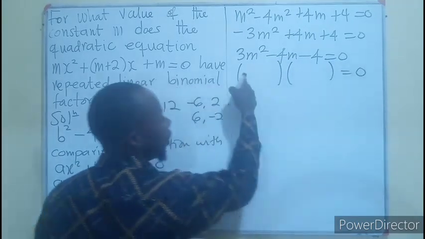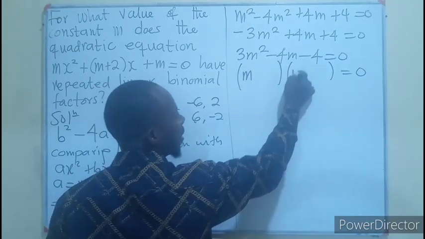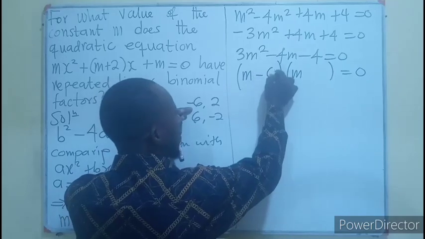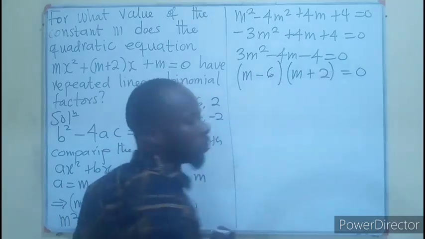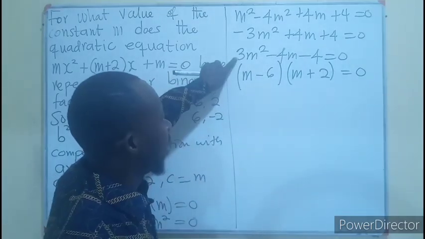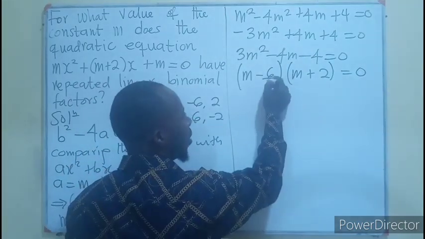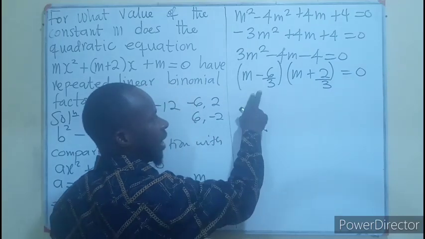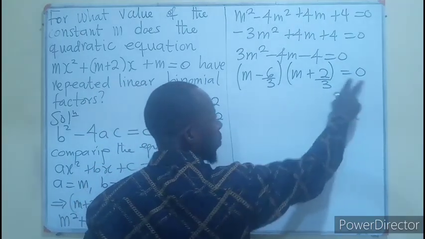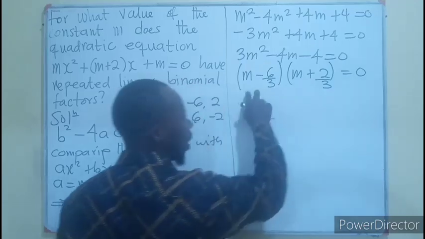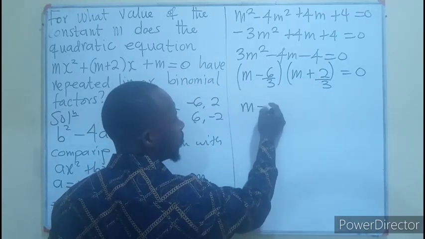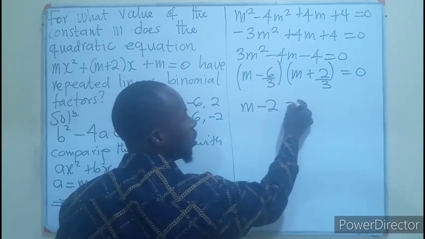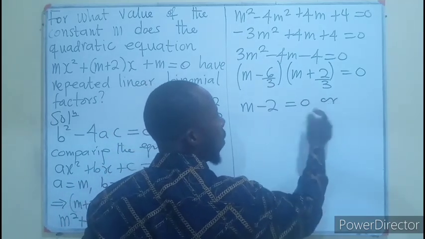So for the shorter method, we open the bracket, equals 0. We know definitely m will be here, m will be here. So now the factors we have are minus 6 plus 2. But we used the 3 to multiply, so we divide by 3. So now it means that this bracket equals 0, or this bracket equals 0. So now I'll have m minus, don't forget, 6 divided by 3 will be 2, is equal to 0, or